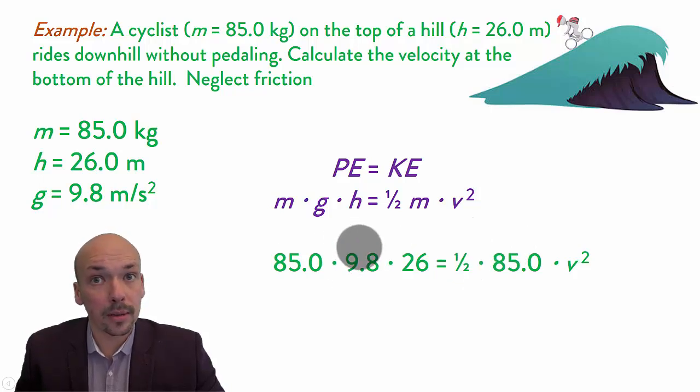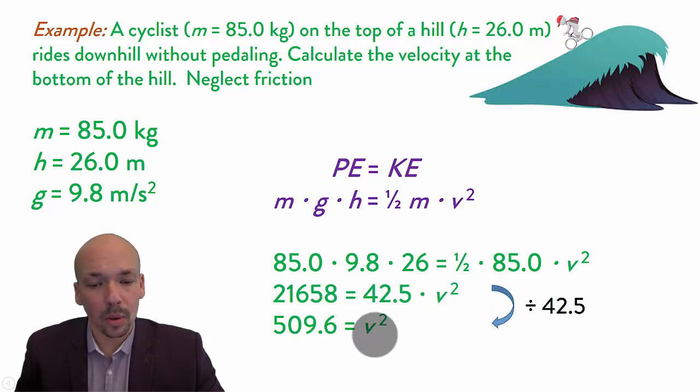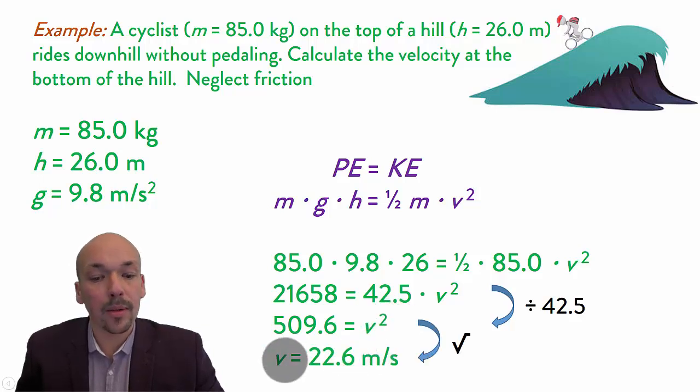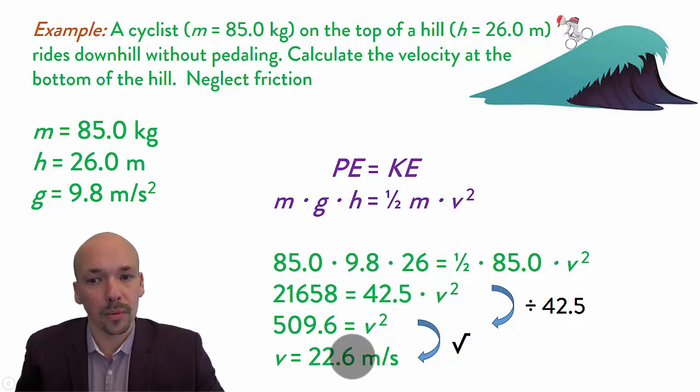You can use the calculator to calculate it. You will come up with these numbers, 21,658 and here 42.5. We divide this one and this one with 42.5, then it will look like this, and then we have still the square here, so we do the square root. And then we have a velocity of 22.6 meters per second, which is pretty fast for a bike, but